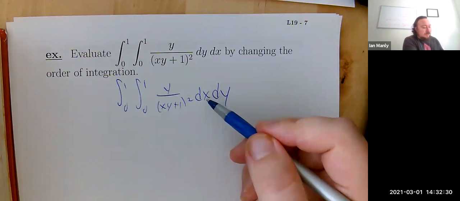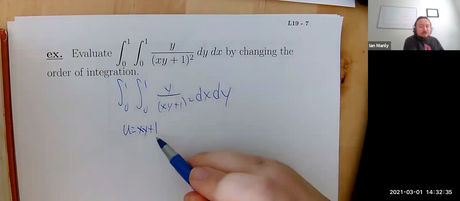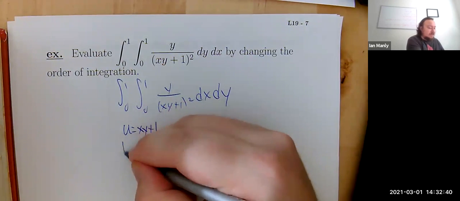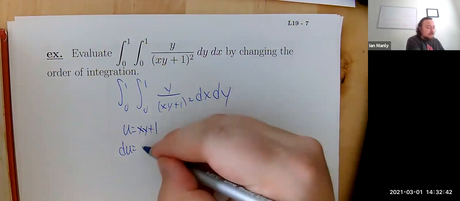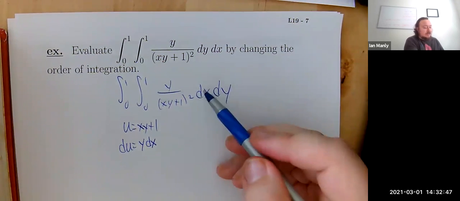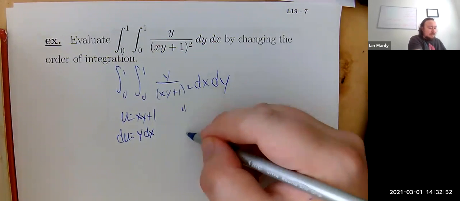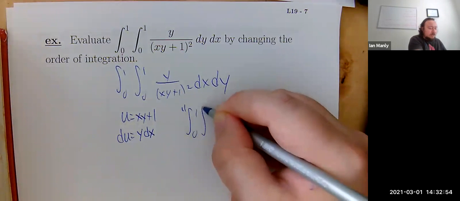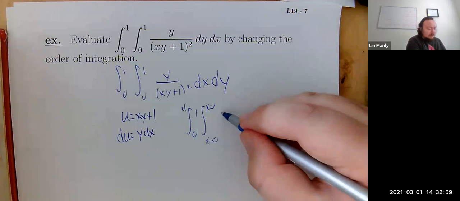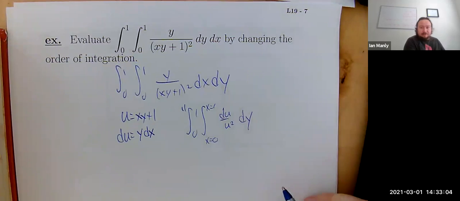So I want to do this integral with respect to x, right? I'm actually going to try the same strategy. I'm going to make u be my denominator here. And this one's actually going to work out better because then I do du with respect to x and get y dx. And that's good because I do have a y dx right here. So that means that this is going to turn into 0 to 1,